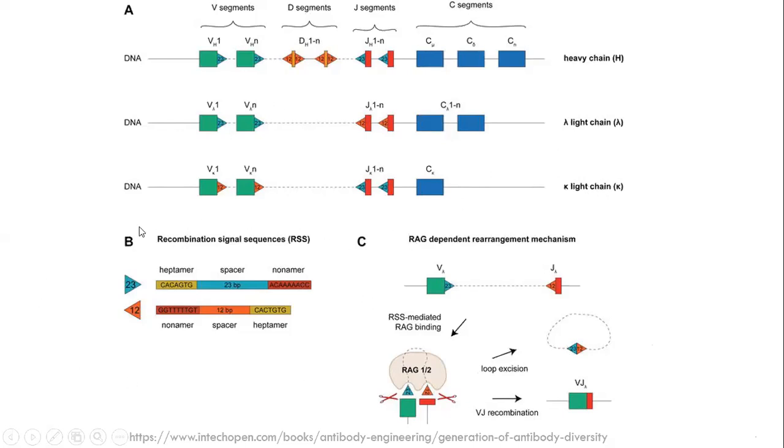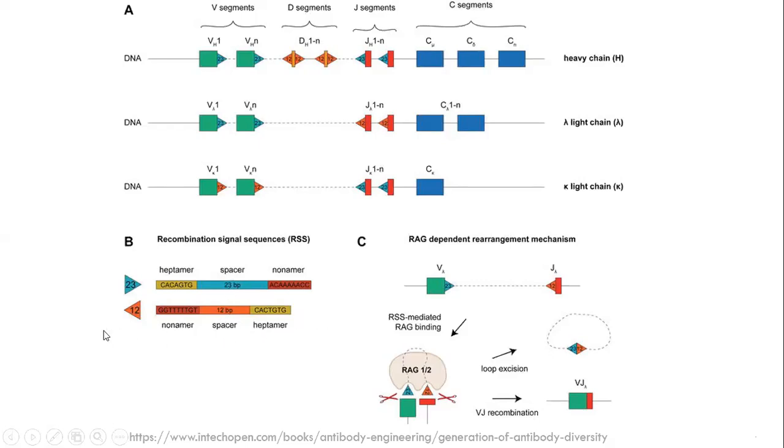What are these recombination signal sequences? What is this 23-12 we are talking about? We depicted them as spacers, but if you zoom in, looking in the 5' to 3' direction, the first sequence you encounter in this recognition sequence is called the heptamer. That is a conserved 7 nucleotide stretch, followed by a spacer, followed by a nonamer, a 9 nucleotide sequence. Any RSS within the immunoglobulins has this structure. In the opposite direction, again 5' to 3', it starts with the heptamer, then spacer, then nonamer. The spacer may be 12 or 23 base pairs.